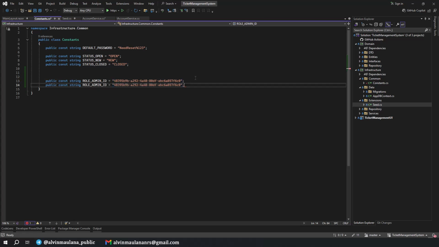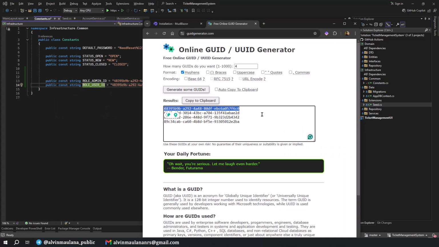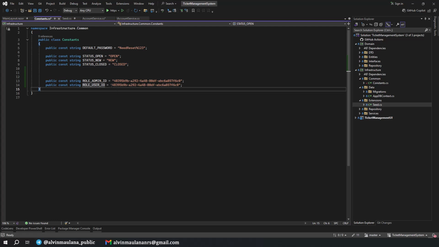Nice. And then role user ID, and this one is a new GUID also. Okay, and then we need to have role admin and role user.